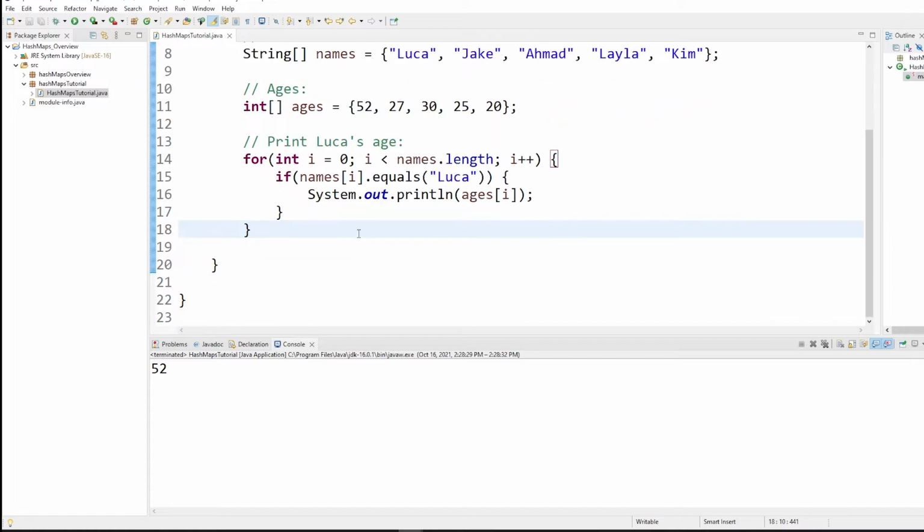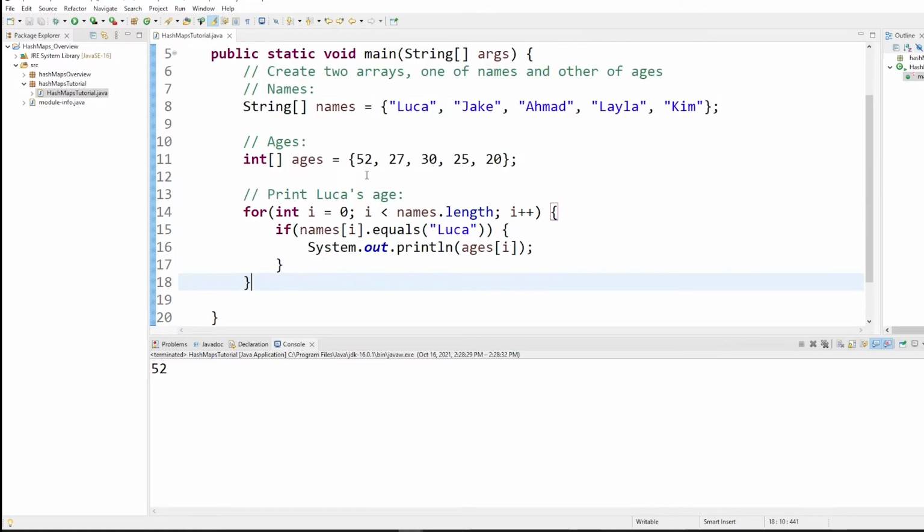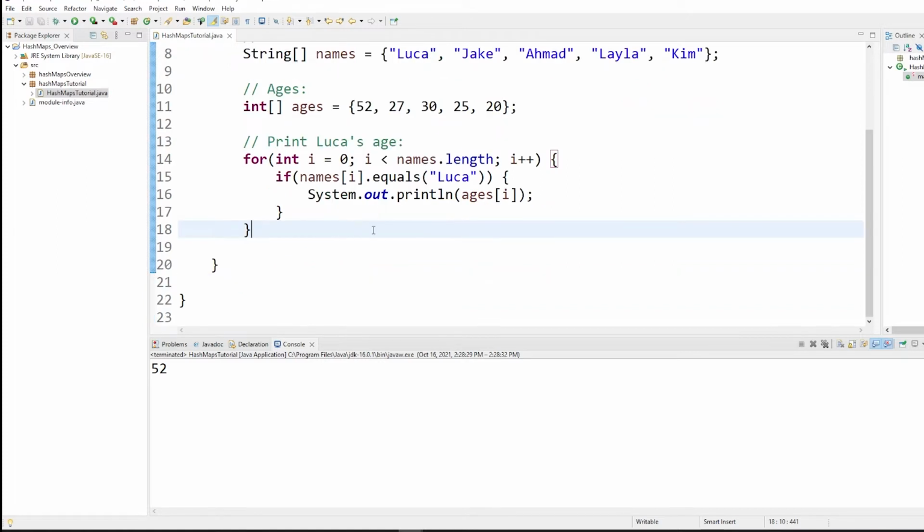So if we wanted to make some adjustments, we're going to have to do manipulations on two different arrays, and that will very quickly get very complex. So that's one way of getting Luca's age. There's another way of getting Luca's age, which is a less hard way, but requires